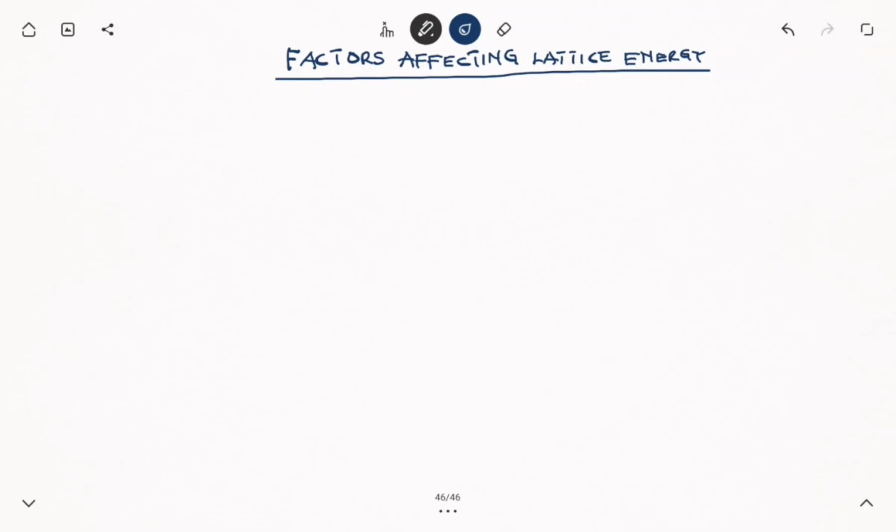In this video, I want us to talk about factors that affect the lattice energy. Now, lattice energy is simply the electrostatic force of attraction that we have when oppositely charged ions form a crystal, that is an ionic compound. Okay, now that electrostatic force is equivalent to the lattice energy. So lattice energy